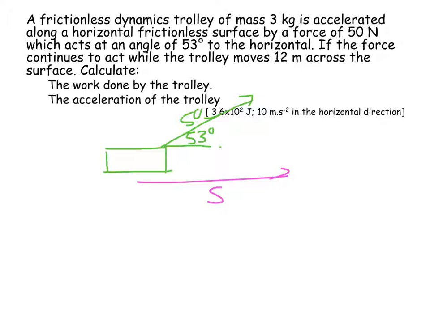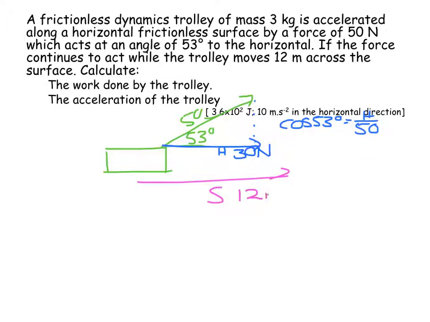the horizontal direction. So the first thing that I need to do is work out the component of the force that is in the horizontal direction, which means that I'm going to need to use cos, because it's the adjacent side, and cos of 53 degrees is equal to the adjacent over the hypotenuse. So you land up with the horizontal being 30 newtons, and the force continues to act while the trolley moves